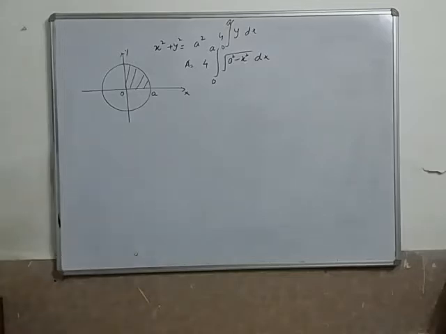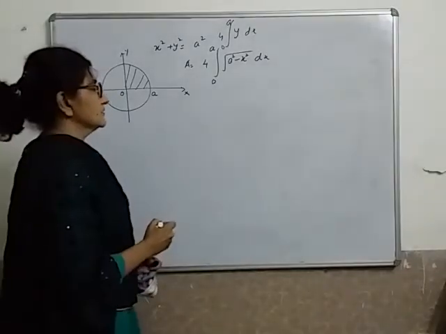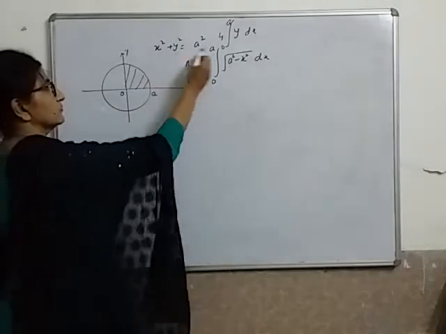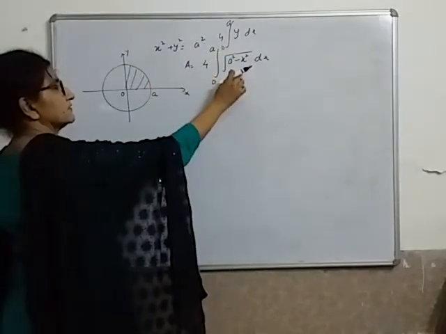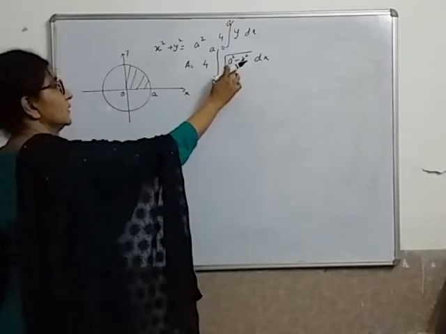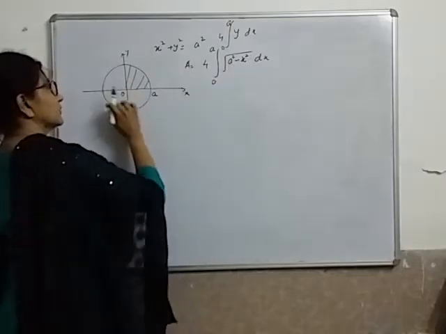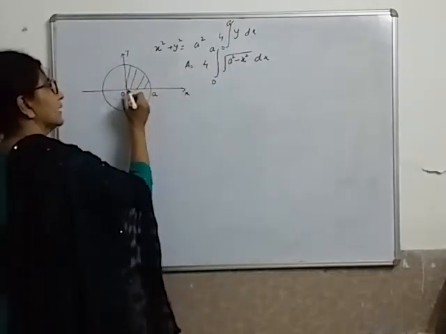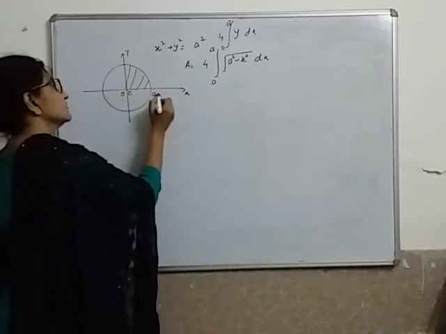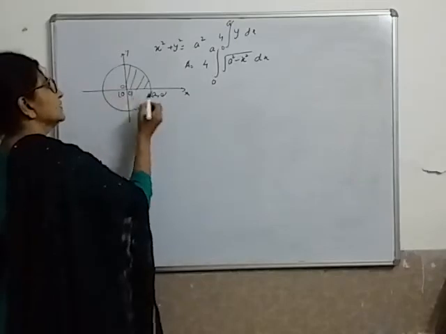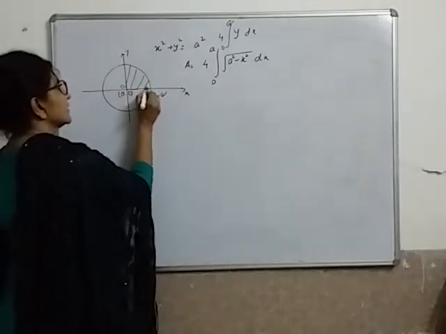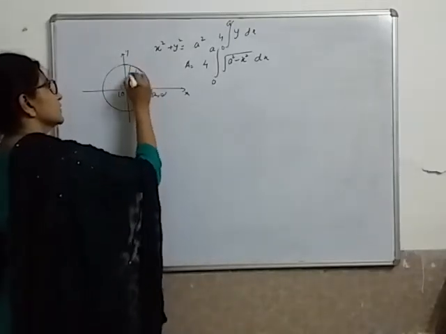Okay, so we were finding the area of this circle using this integration. This we had formed in the previous video, where I multiplied by 4. I have taken 4 times because we have to calculate the whole area. This is a comma 0, this is 0 comma 0, this O point. So I have to calculate this area under this curve.